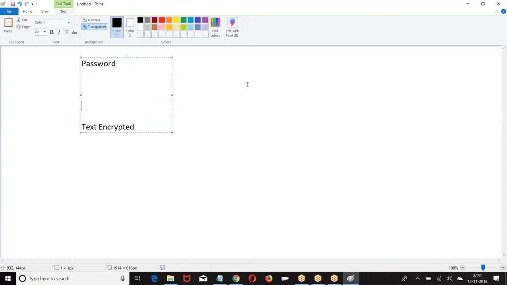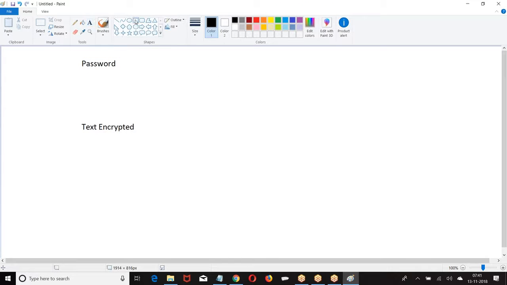When I say password, what do you mean by password? Let us say this is the database table we have.